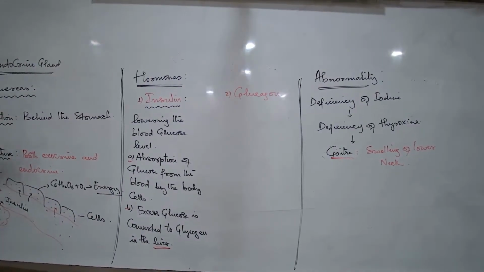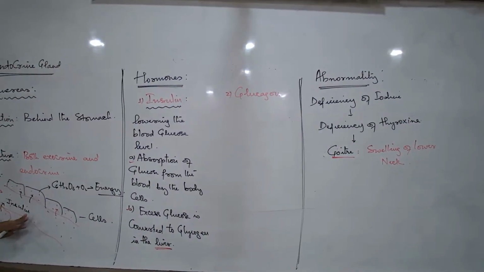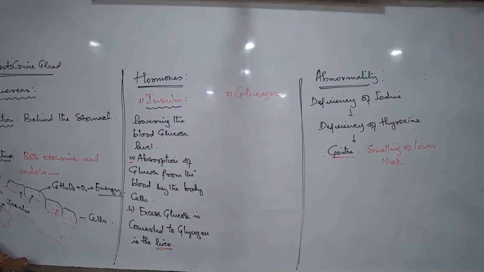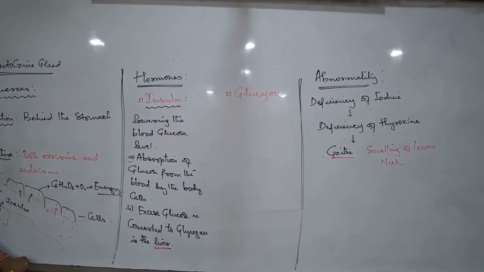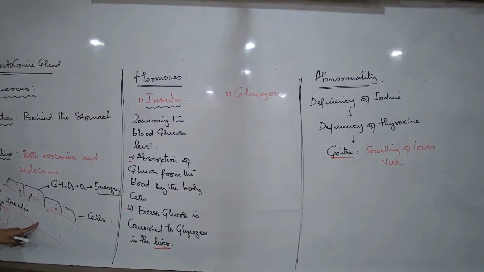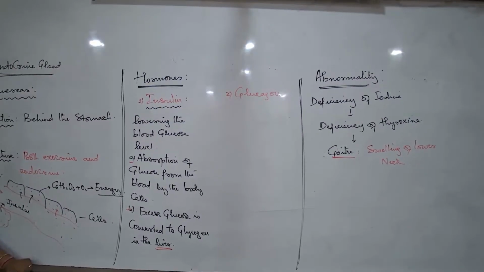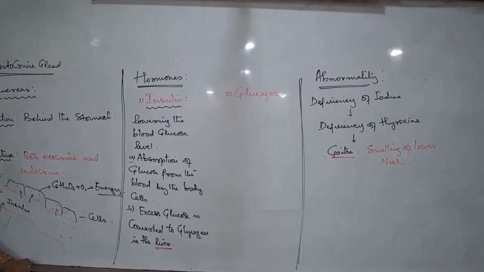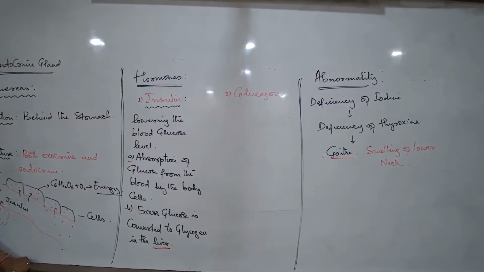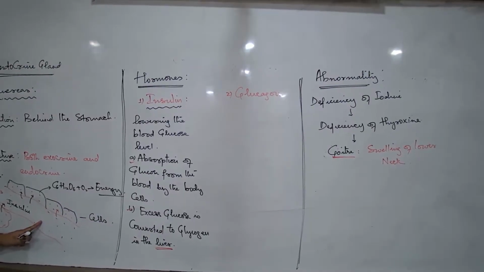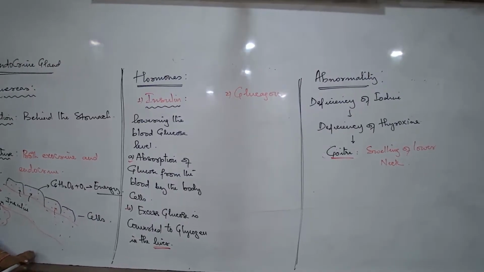So this is the normal process which is happening every day in our body. We have our breakfast at 9 o'clock, and after that if by 12 o'clock we go for a blood test, this is the situation, blood glucose level normal. We have our dinner by 9 o'clock, 10 o'clock, 8:30, whatever time. After 3 hours, go for a blood test. This will be the situation, meaning blood glucose level will be very low.